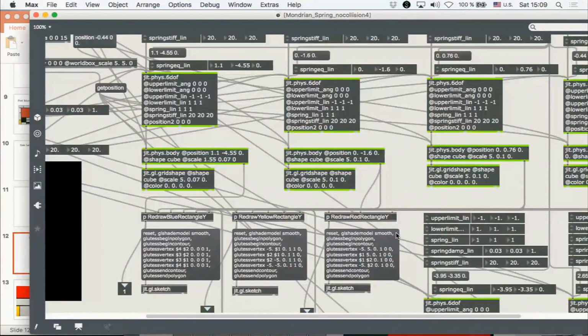Something else to note is, I have a retina display here, and there is this bug in Max where when you render on retina display, it does 4 times more calculations than it needs to. So I had to run Max on low resolution for this to work well, and for this interface, the Mondrian painting, to be responsive.